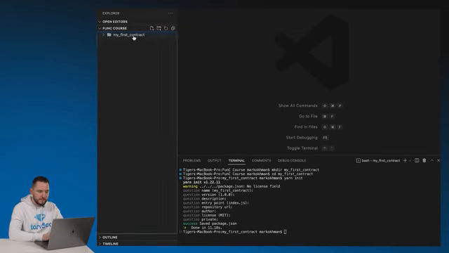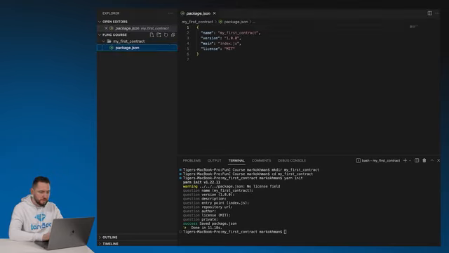And we can see that now we got the package.json file generated for us. It's important to know that we are not going to need index.js as an entry point,